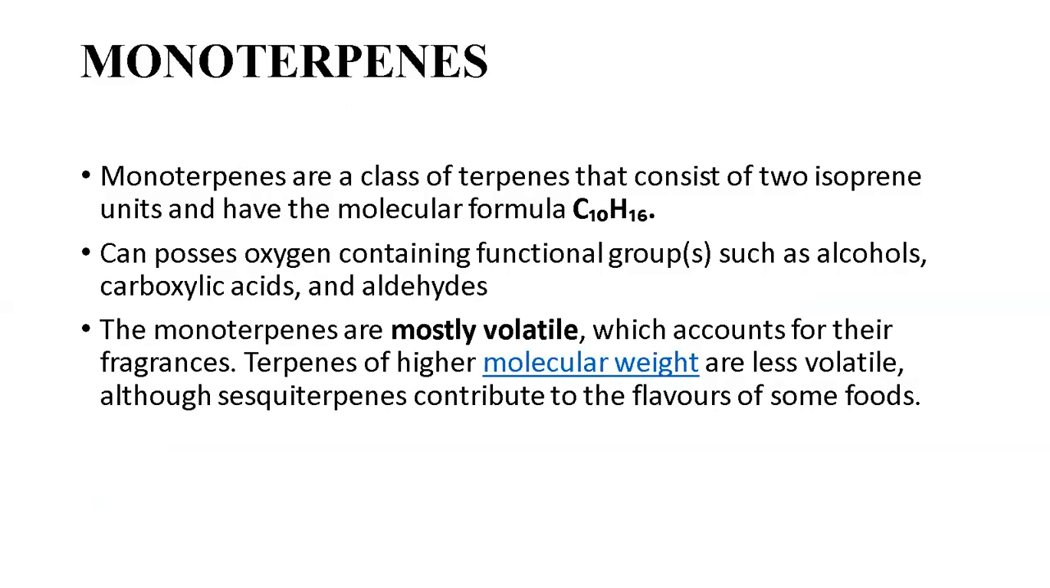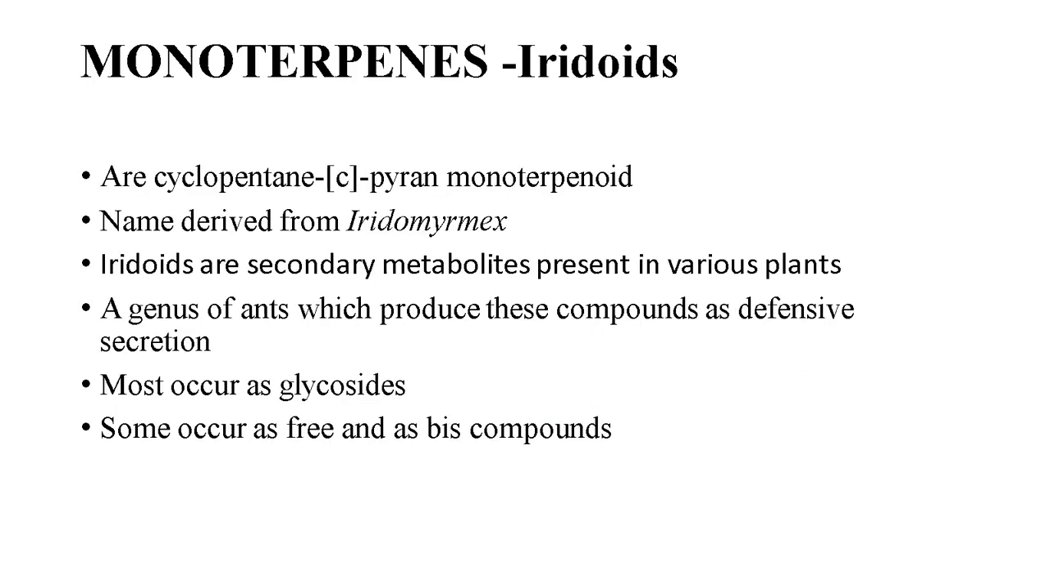So the monoterpenes are a class of terpenes that consist of 2 isoprene units and have the molecular formula of C10H16. Sometimes they can have an oxygen as a functional group. And these monoterpenes are mostly volatile, which accounts for their fragrances. As you go down the group, as they become bigger in molecular weight, they become less volatile. So the first group for monoterpenes